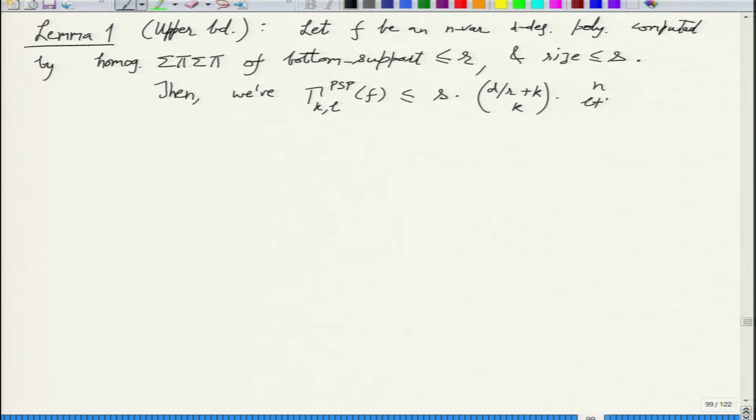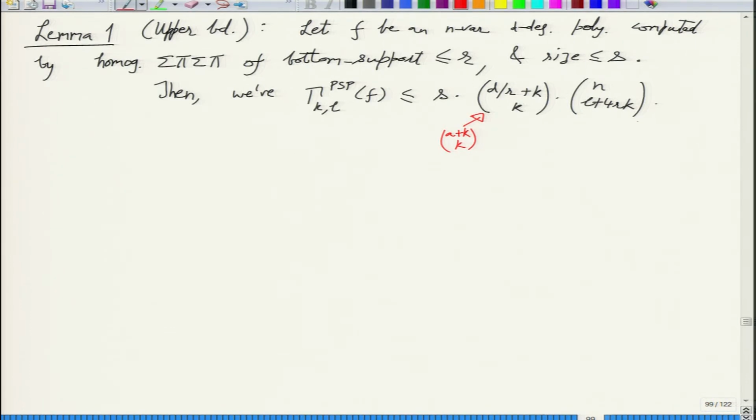With minor changes here and there. So if you remember, this was with A plus K, choose K, right? So that A we have replaced by D by R, which, I mean, A is not actually bounded by D by R, but in the proof we will see that the measure will still have this expression instead of A.